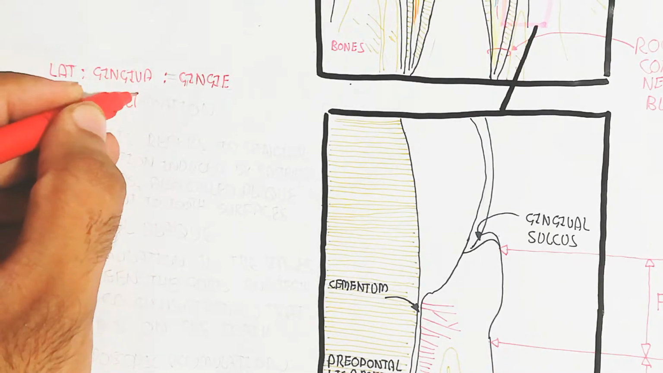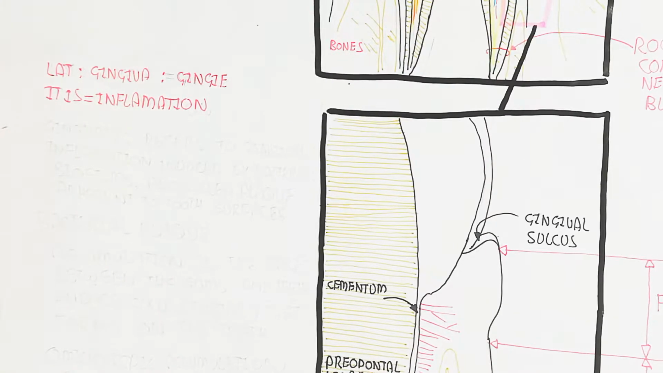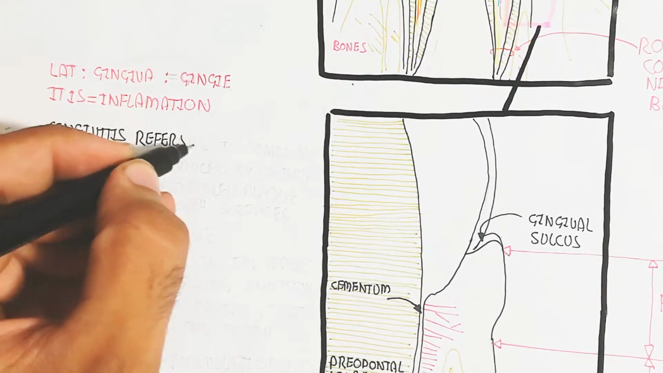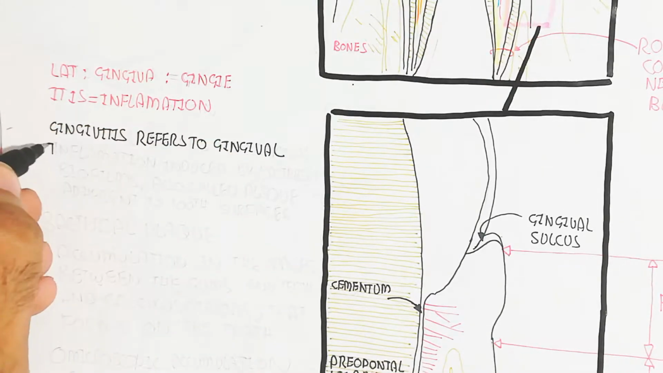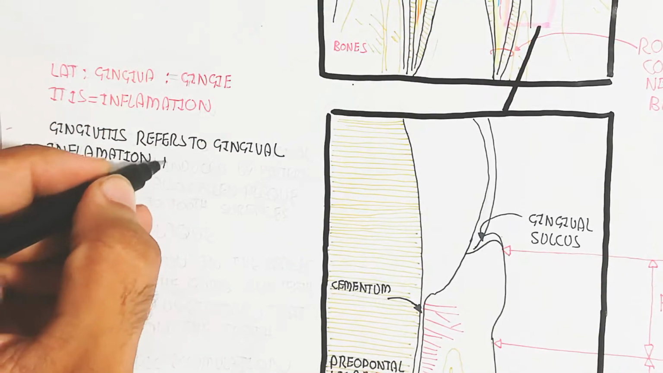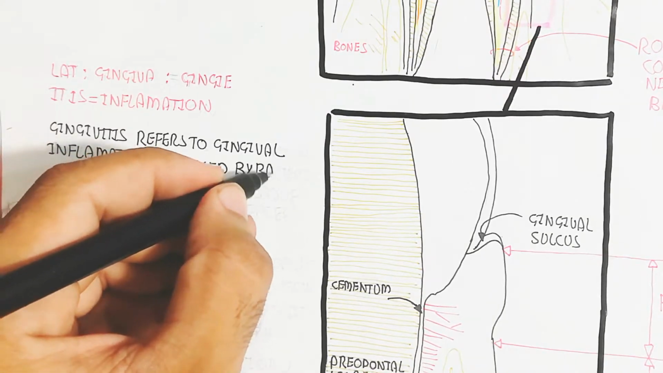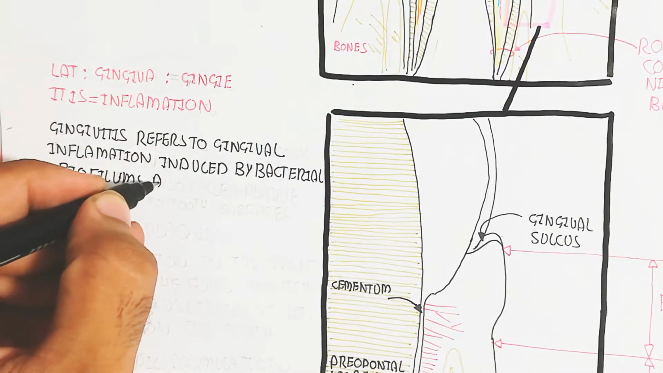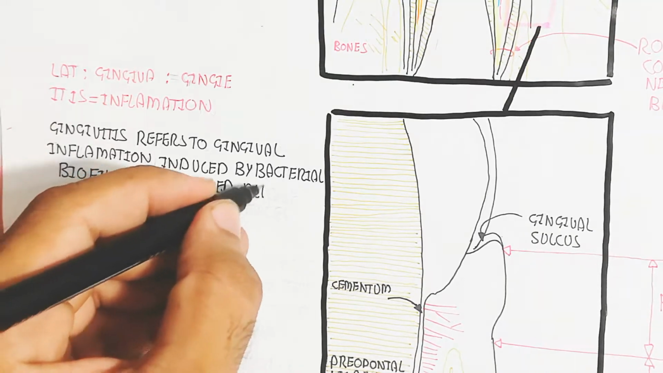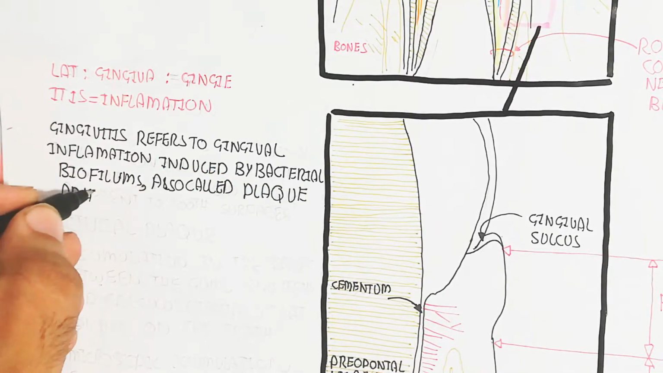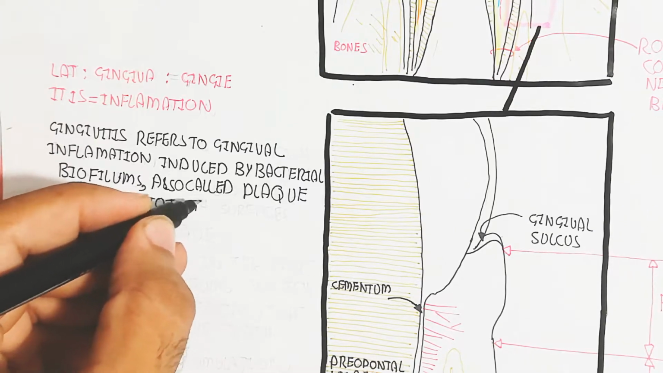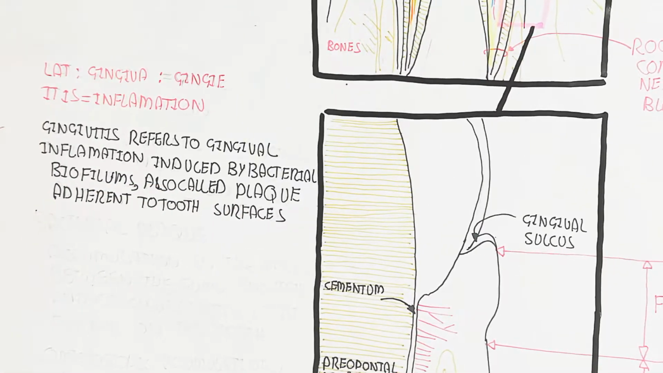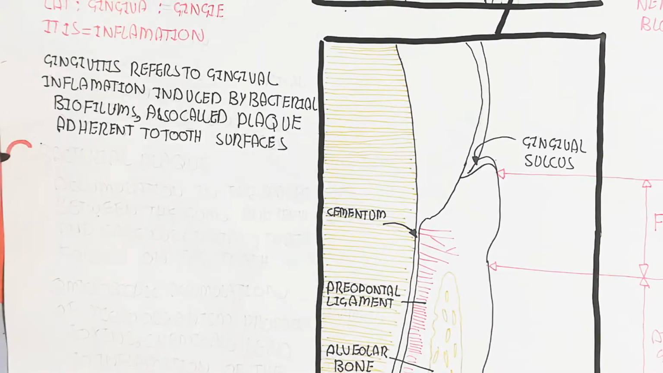So the Latin word gingiva means gum, and itis means inflammation. So gingivitis means gingival inflammation, inflammation of the gingiva. Remember that anything related to the gingiva uses gingi. Gingivitis refers to gingival inflammation induced by bacterial biofilms,